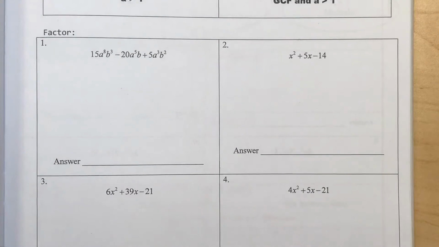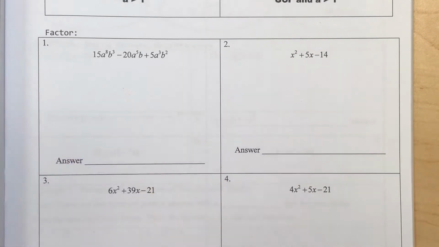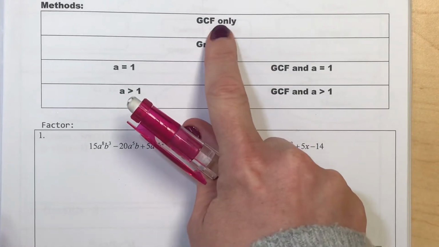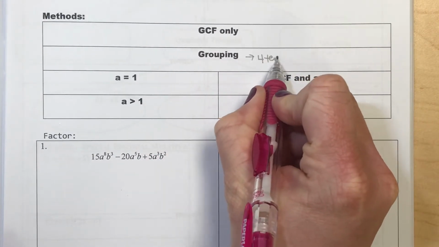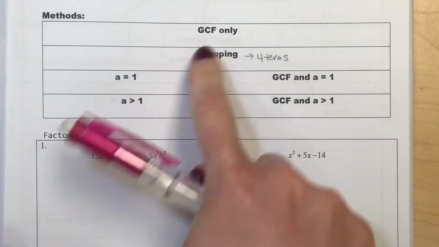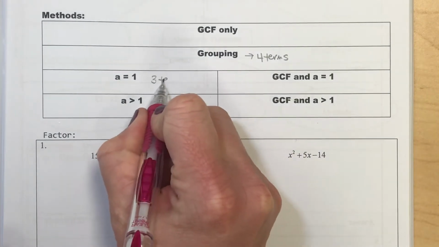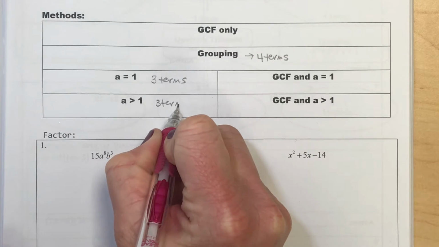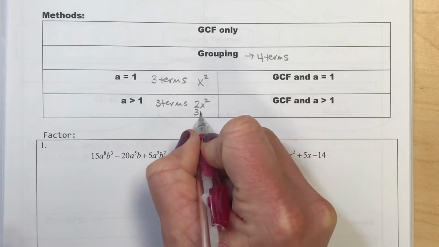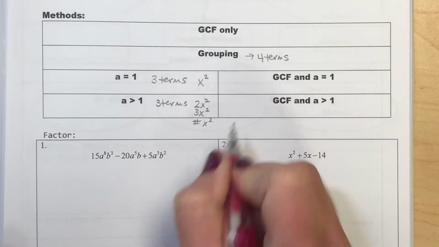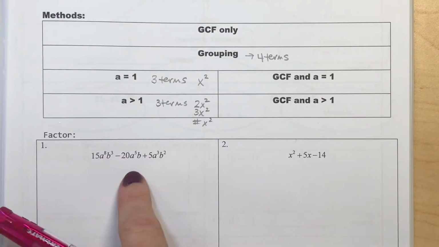And so when I look at number one and my direction is factor, noticing that I have multiple letters, just A and B, what would clue me in would be that it would be a GCF only. For grouping, you need to have 4 terms. And since I don't see 4 terms, I know it's not going to be grouping. And then because I'm not dealing with a 3 term, both of these are 3 terms, and generally, but not always, you want to look for something like an x squared or 2x squared or 3x squared, but it's going to be a number x squared, and that's not what I see here. So grouping is out, a equals 1 and a is greater than 1 is probably out,